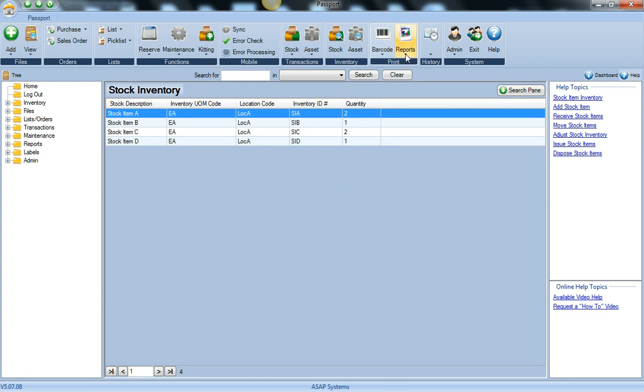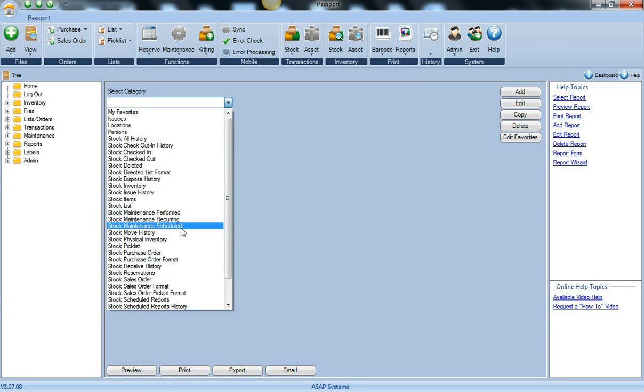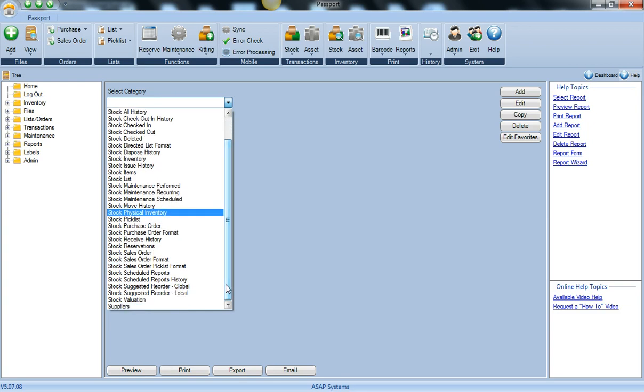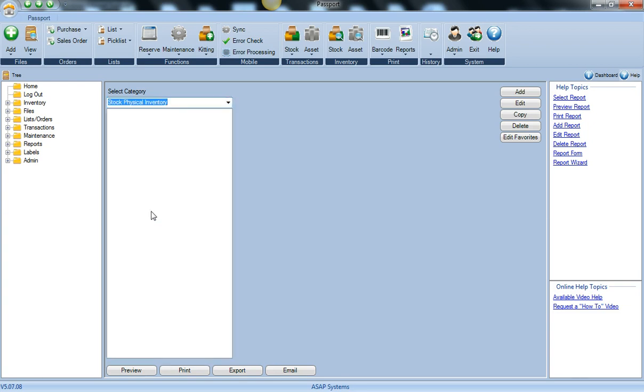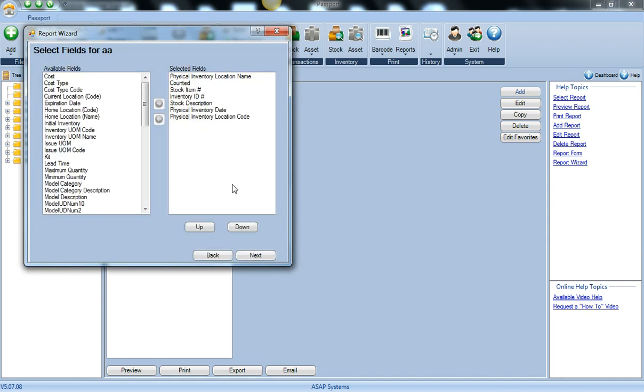Now you can run reports. You have a category called stock physical inventory. So here you can run reports, add reports. Okay, so you can run reports that you set up in the reports area for the category stock physical inventory,